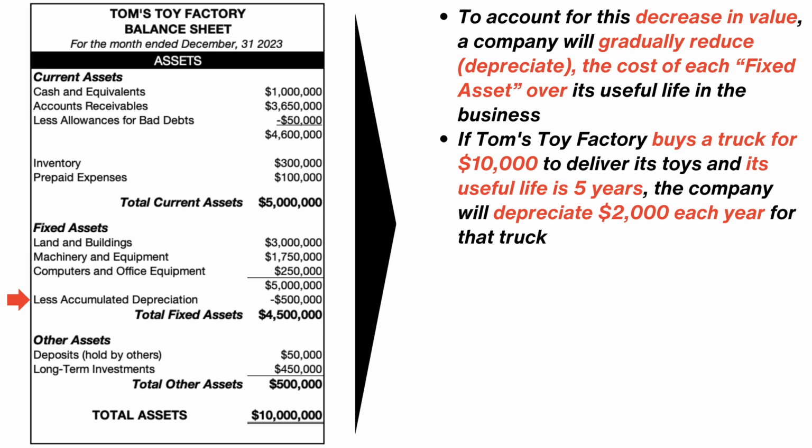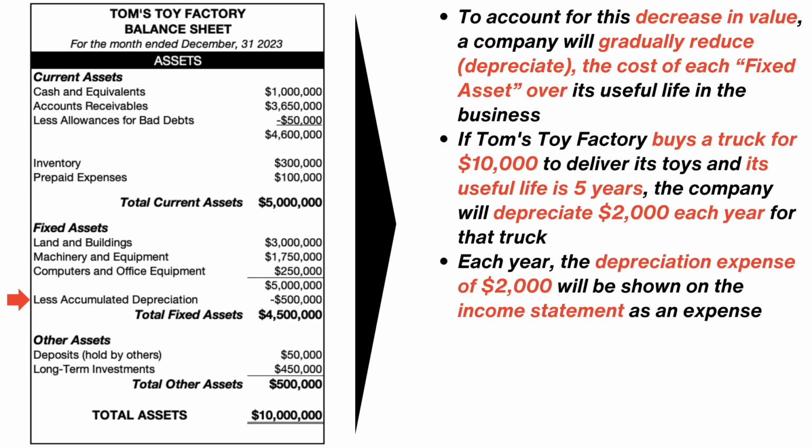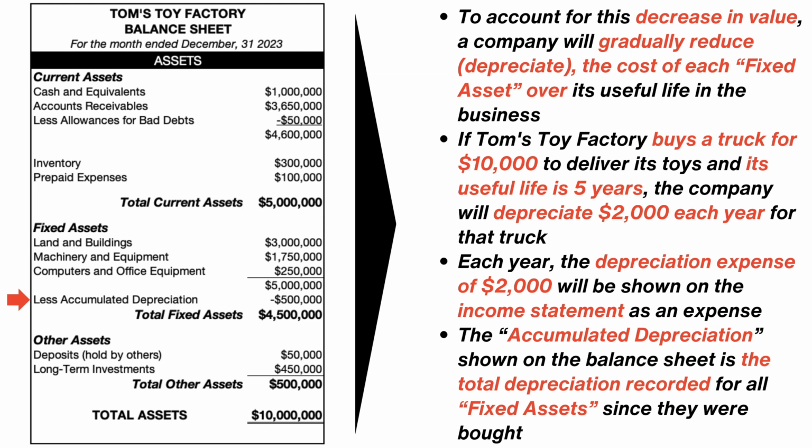If Tom's Toy Factory buys a truck for $10,000 to deliver its toys and its useful life is 5 years, the company will depreciate $2,000 each year for that truck. Each year, the depreciation expense of $2,000 will be shown on the income statement as an expense. The accumulated depreciation shown on the balance sheet is the total depreciation recorded for all fixed assets since they were